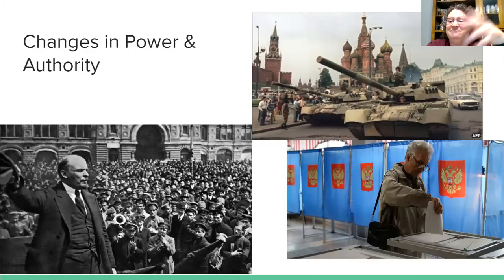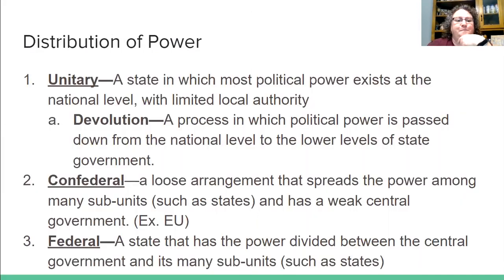So how do we change it? How's China going to change it? I honestly think it might take another revolution. I don't think an election or a coup is going to do it because they don't have elections. And a coup, if they overthrow this leader, you still have that communist state. It would have to be a true revolution. So remember, a revolution is a regime change versus a coup d'etat. A coup d'etat is an overthrow of your leader, an overthrow of your government. And so elections are an example of a peaceful change of power and authority.